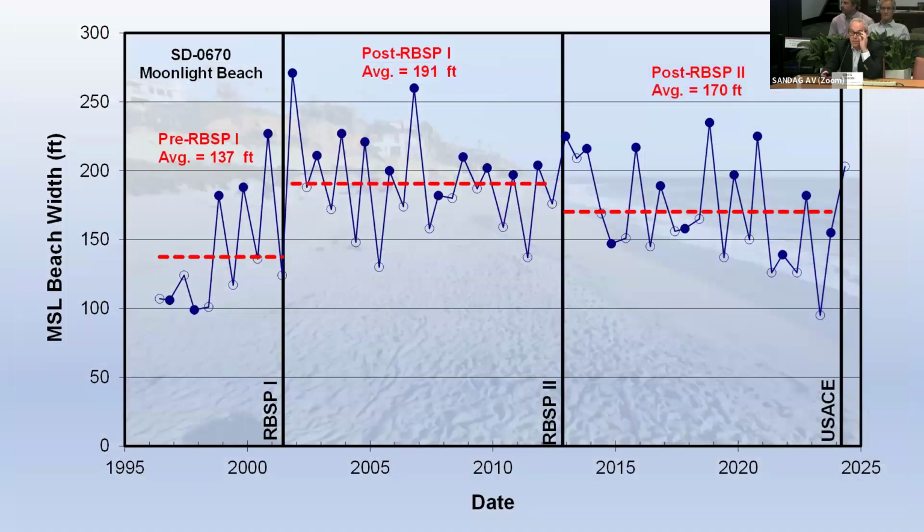So they just completed the Corps of Engineers project there. So let's take a quicker look at that. And this is going to bring it up to the spring 2024 survey. So this is beach widths in spring and fall. Fall beach widths are the solid dots, the spring are the hollow dots. So we see this pattern of seasonal fluctuation with wider beaches typically in the fall and narrower beaches at the end of a winter season. See the beach widths before RBSP1, after RBSP1, and after RBSP2.